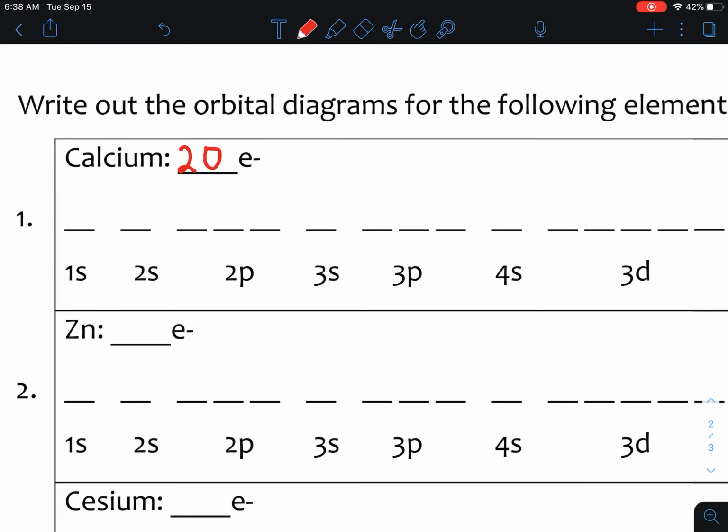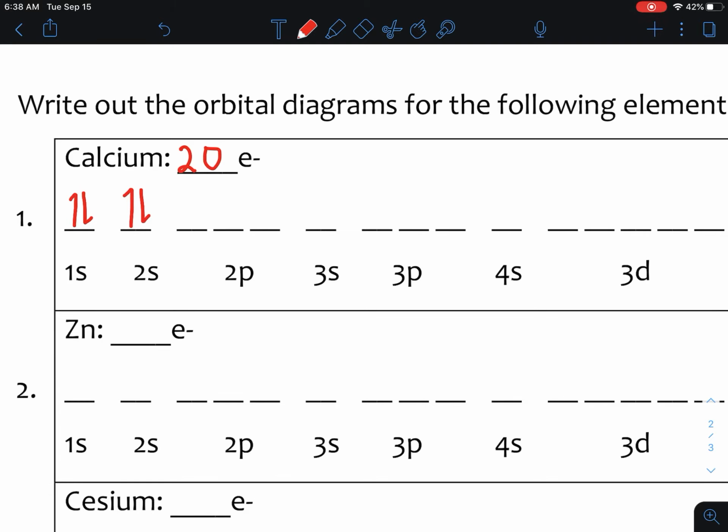It says write out the orbital diagrams for the following elements. And we're going to be showing this with electrons. So we're having 20 electrons, 1 electron spinning up. The other electron, before we can move on to the next orbital, would fill in and go down. So that is going to be your second electron. Then you move on to the next orbital, which is 2s,